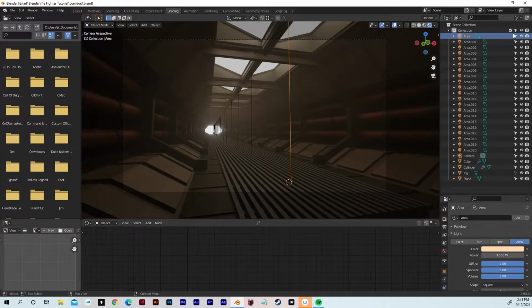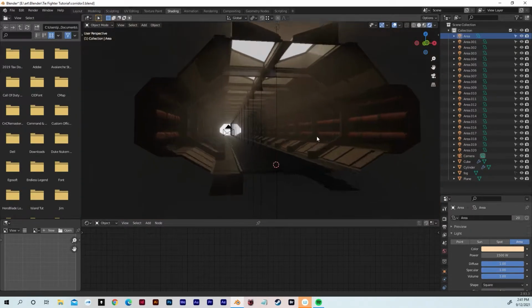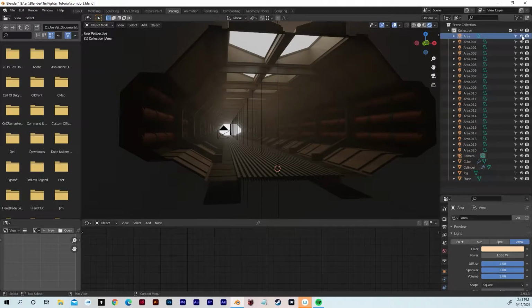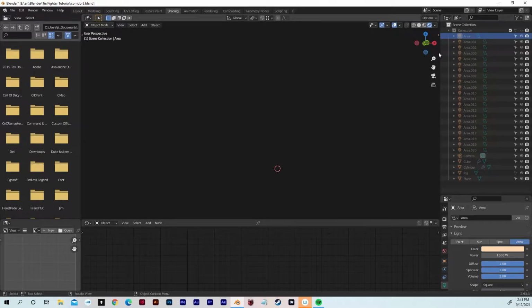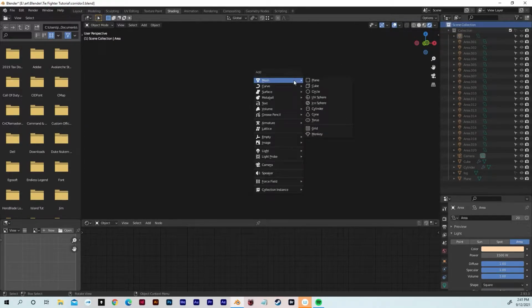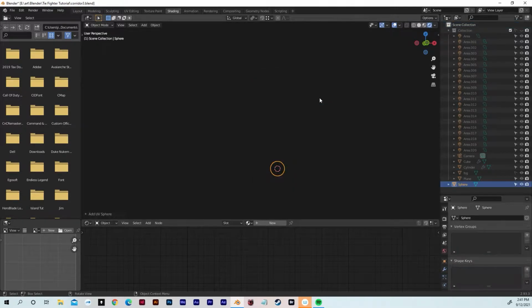Okay, so first thing we're going to do is lock the collection right here. So that locks all of our assets, so if we bump anything, we don't modify anything that we don't want to. And you know what, I think I'm actually just going to turn all this off. So I'm going to go up to the eyeball here, click it, turn it off, and we're going to have our scene collection selected. We're going to do Shift A, go to mesh, do a UV sphere,